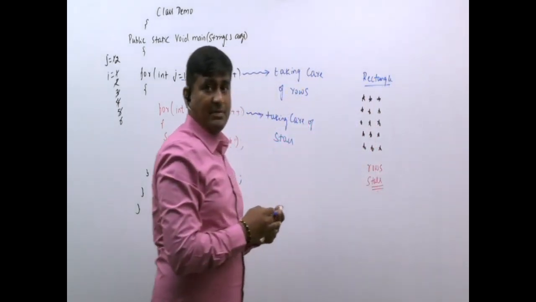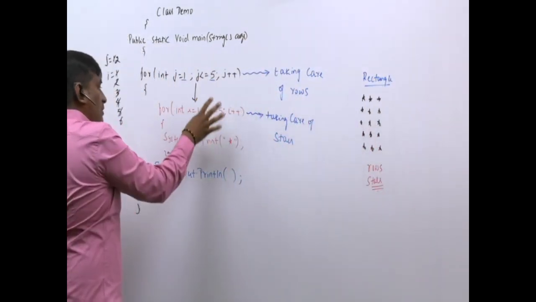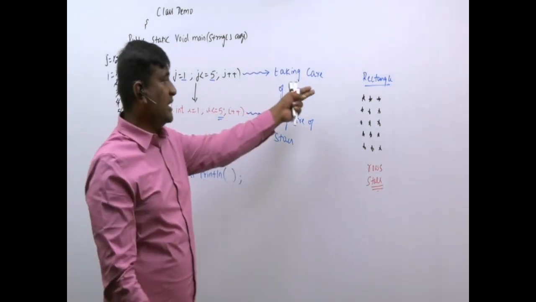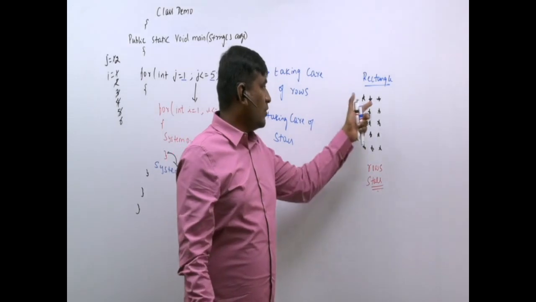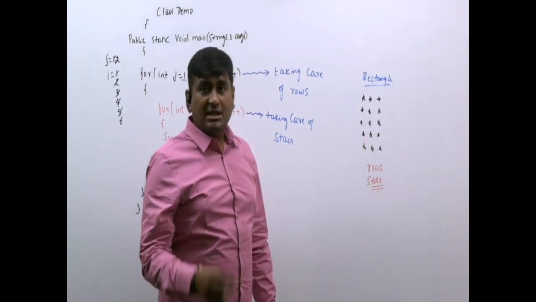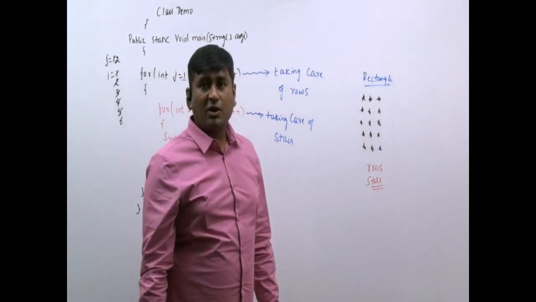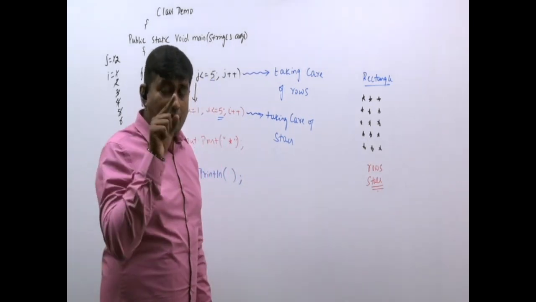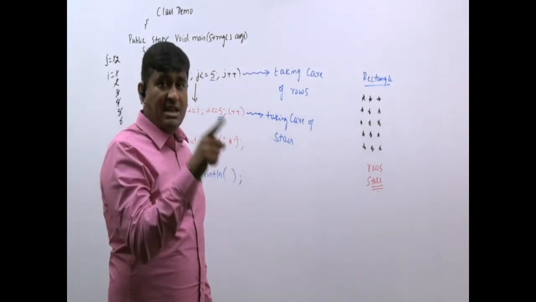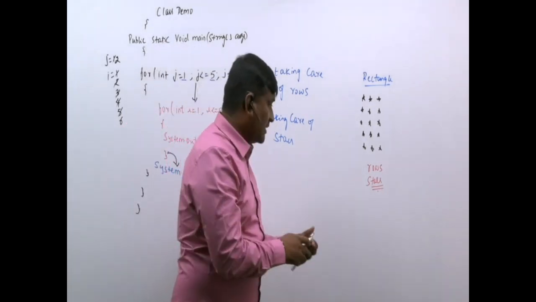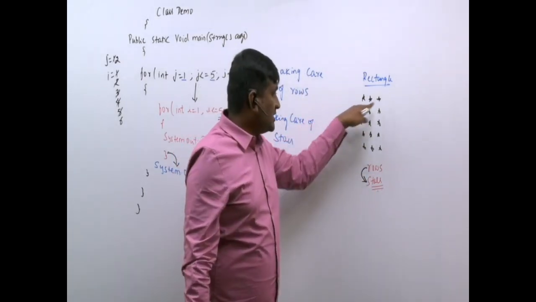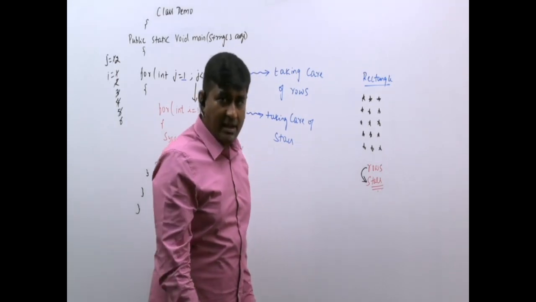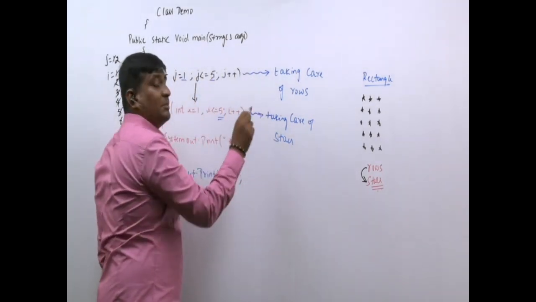You tell me what I should write here. First of all, look at this diagram and tell me how many information it is giving. 2 information. Row information, star information. Since 2 information they have given, how many for loops I will be using? 2 for loops. Who will come first? Rows will come first, stars will come next. Always remember, inside a row, star will come. So always rows should come first, followed by what?